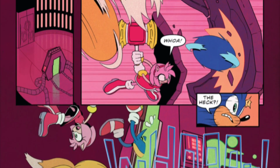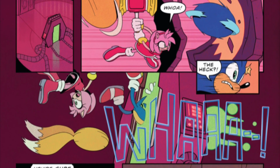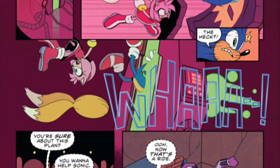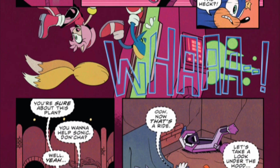So Sonic, Tails, and Amy go to this thing, and then we see Tangle and Belle uncover this thing. Is this from Sonic Riders or something? I've played a lot of Sonic and I have no idea what this thing is. So yeah,